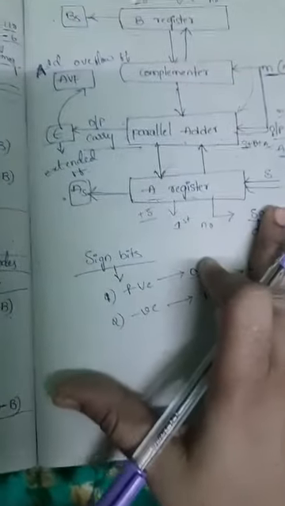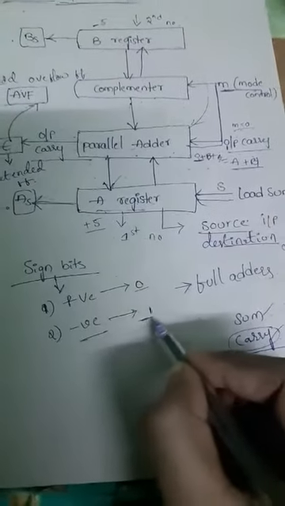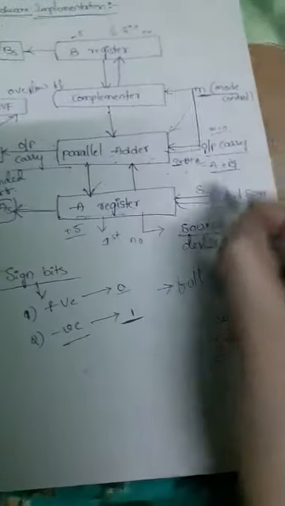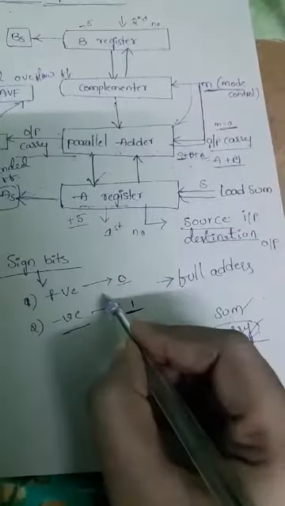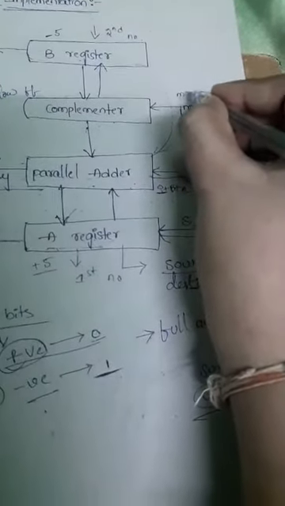Now we also have subtraction, so we will see the subtraction operation. Subtraction will be performed if the mode pin is equal to 1. If the mode pin is equal to 0, that means we are doing addition. Now coming to the mode control pin equal to 1. If M is equal to 1, what happens?